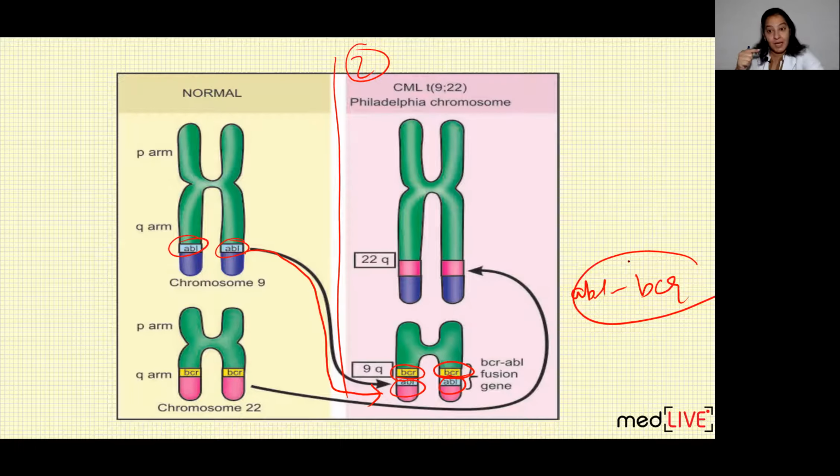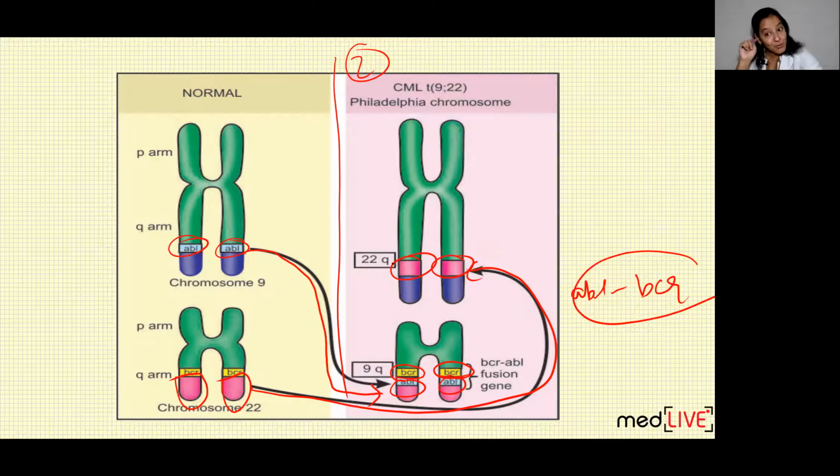In exchange of ABL, chromosome 22 has to give something back to chromosome 9, correct or not? So can you see a pink part here? In the first figure, on chromosome 22 a pink colored part is there, which is not an important gene. It is a part of DNA, but it doesn't contain any important gene. Chromosome 9 has given its ABL gene to 22, but in exchange, 22 is giving nothing important to chromosome 9. It is giving a portion of DNA, the pink portion, but it doesn't contain any important gene.